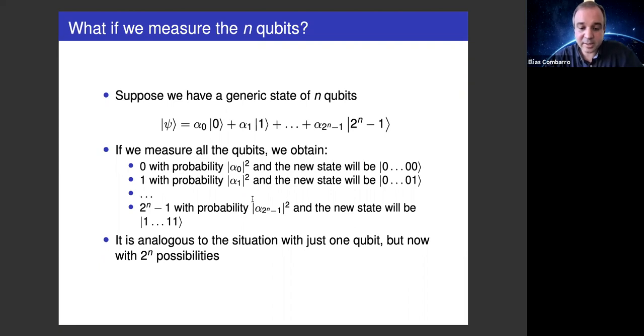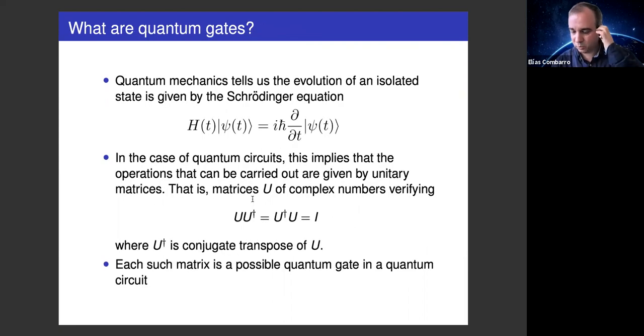But we still need to know how to operate on this information, how to transform it, how to make computations with it. And the thing here is that we are dealing with a physical quantum system, and